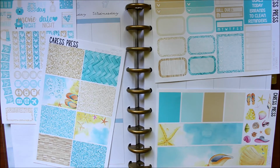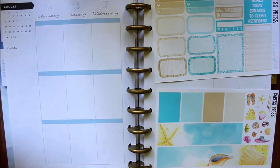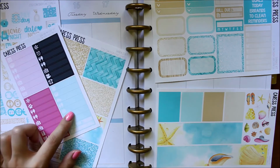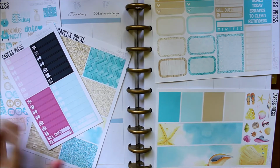as I reasonably can. Usually when I use her kits, I buy the full kits and I try to save some stickers for a second spread. But as you can see, I only have 4 sheets and I think I can use up a good chunk of this. And I did also pull out the Sock Hop Mystery Kits, the Littles sheet from that kit, because